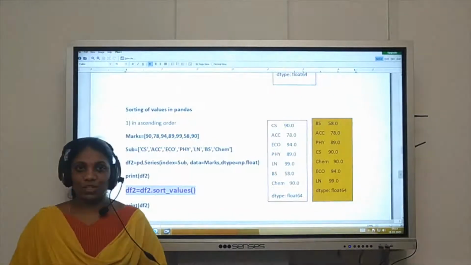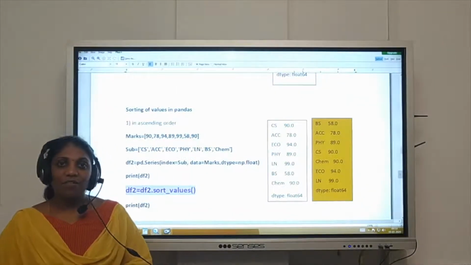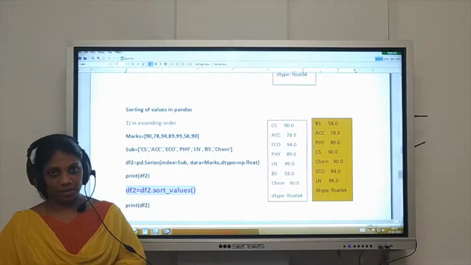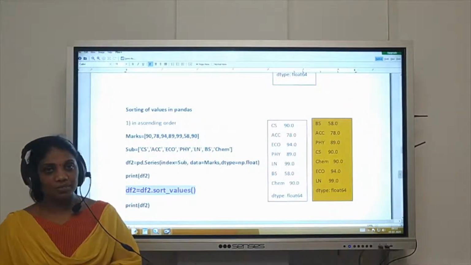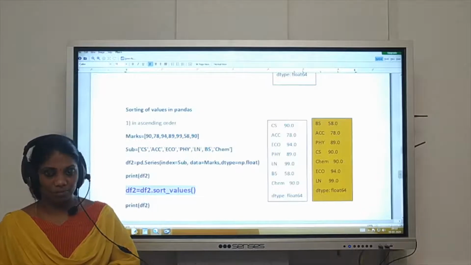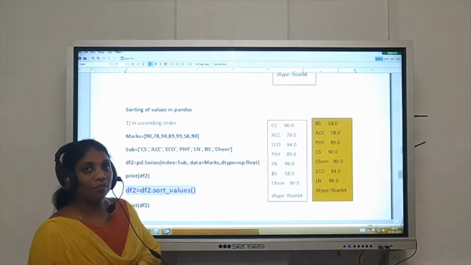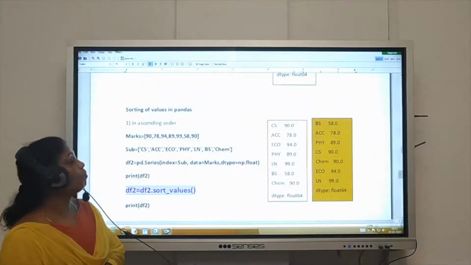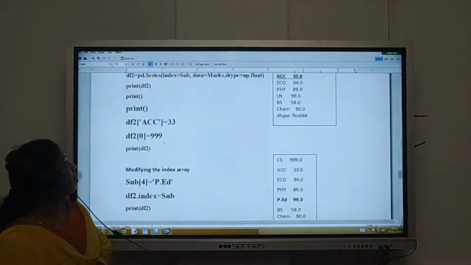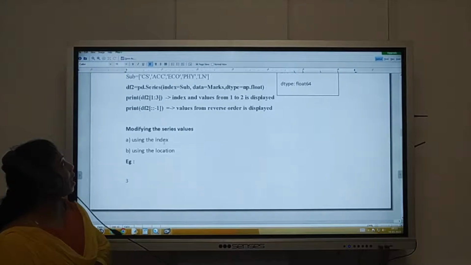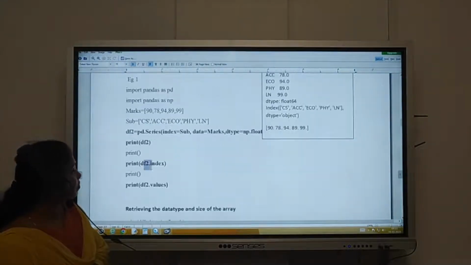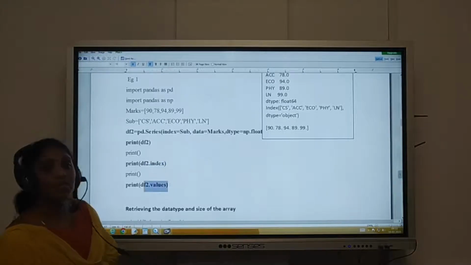We finished 2 sessions where we understood how to create the different series in pandas using your list, your dictionary and your NumPy. Apart from that, we learned new functions in pandas where we understood you can extract your index and your values separately.